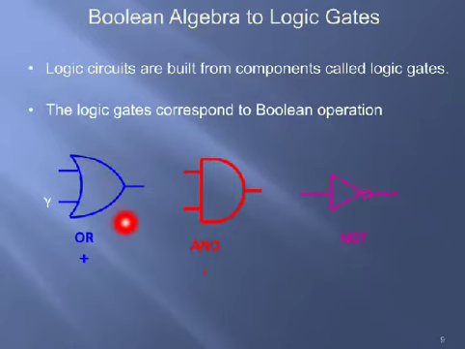Like I said earlier, a logic gate is a digital circuit which accepts one or more inputs and produces only one output. If you observe any logic gate, there will be only one single output, but it can accept one or more inputs. That is the basic definition of a logic gate. Here we have the symbols of OR gate, AND gate, NOT gate. These are the three basic gates available. Next we will mainly concentrate on the OR gate.